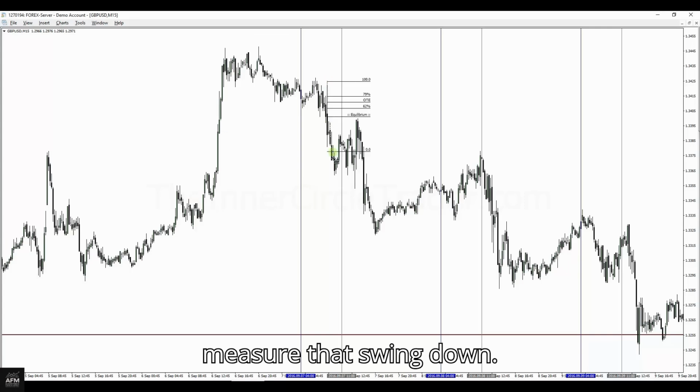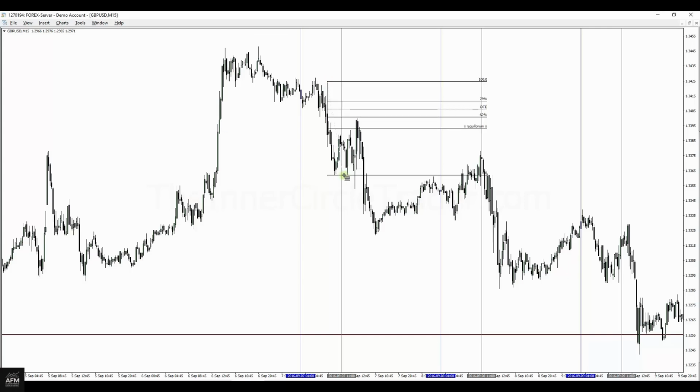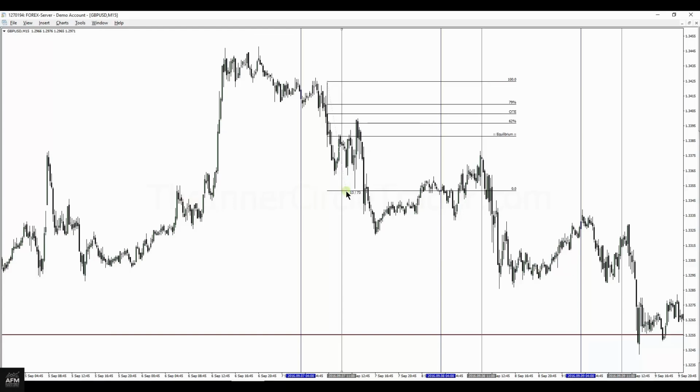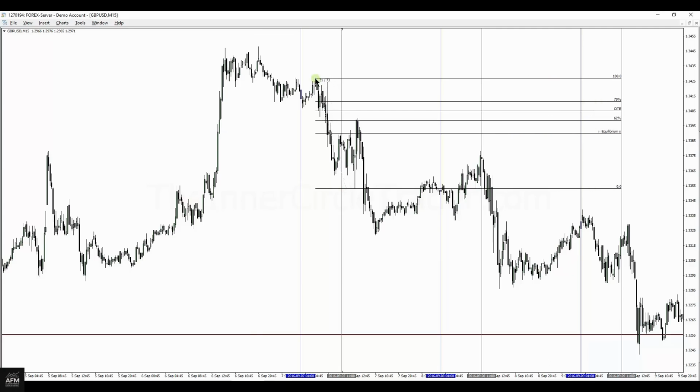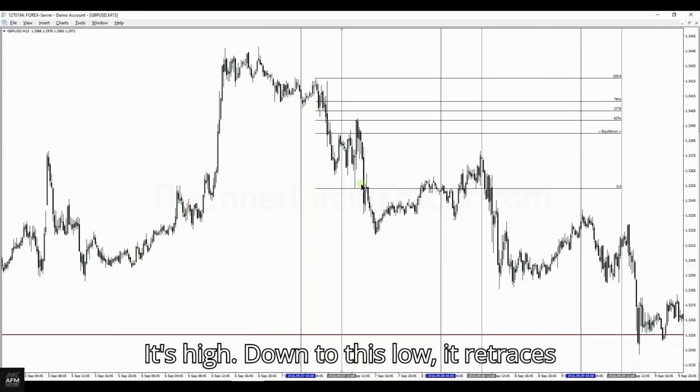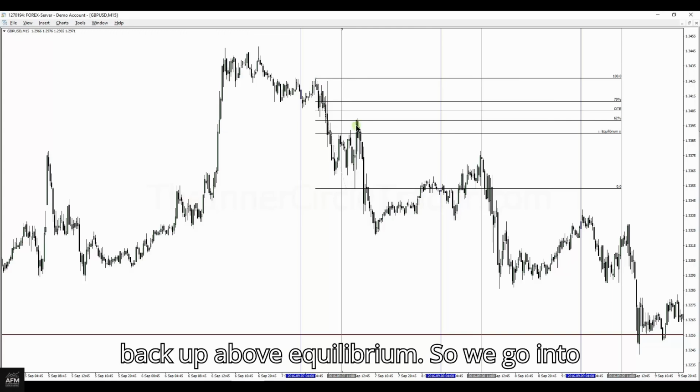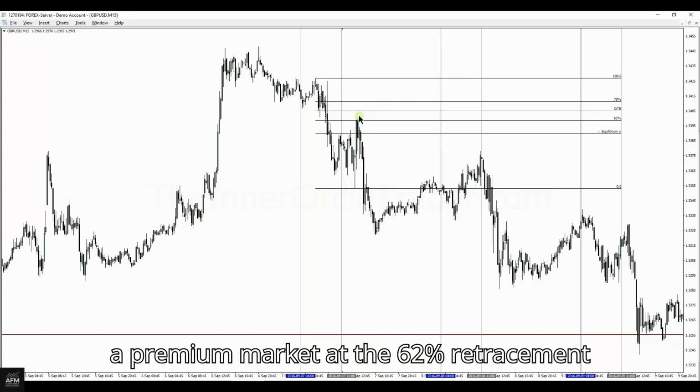So we can measure that swing down. From the high, we can use this one. This high down to this low, and it retraces back up above equilibrium, so we go into a premium market